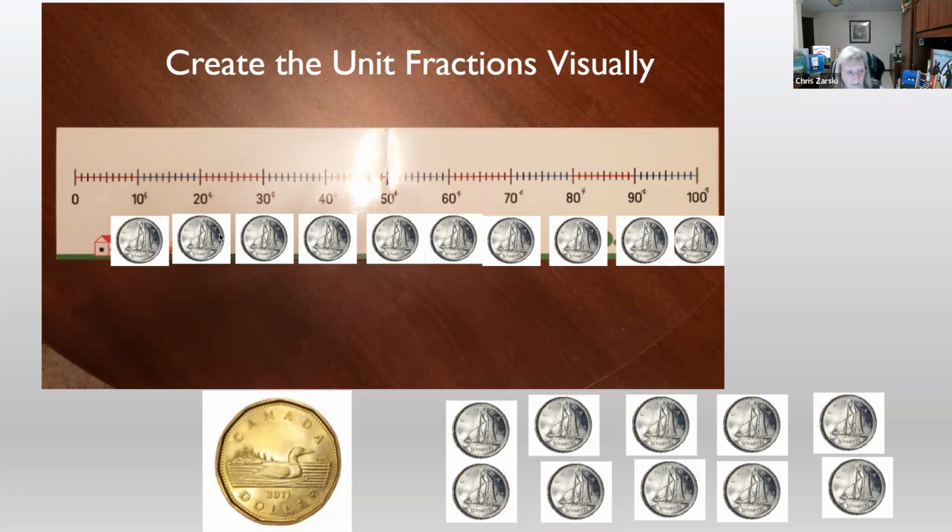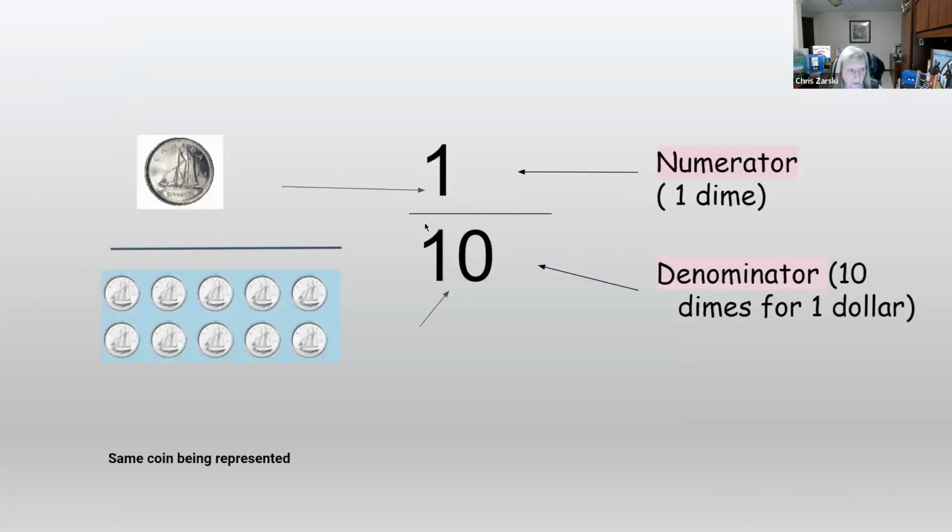So when I have 100 cents, I have 10 dimes. I can put the dimes on top of each of the places. So what I'm really doing is I'm representing 1 dime at a time out of a possible 10 that are going to take me to 100. Is it a part whole? Yes, but we're not going to define it that way.